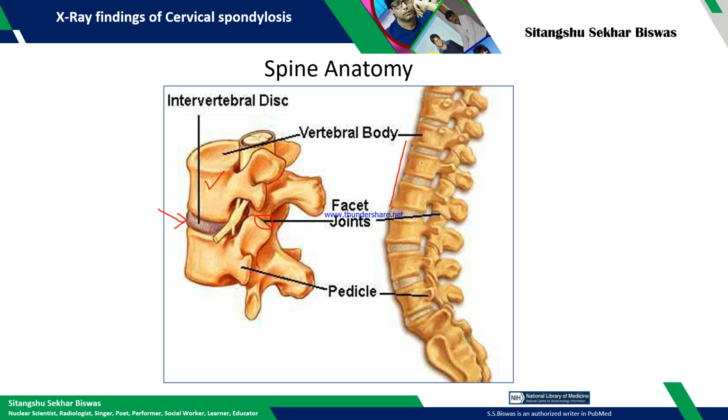They are equally spaced, and the end vertebral plates are very regular in fashion. So this is the normal spine anatomy. If this normal spine anatomy is deviated, then also it can cause cervical spondylosis. Okay,